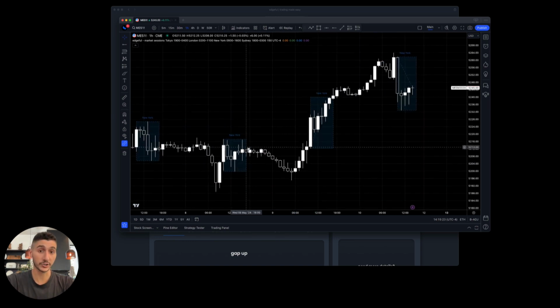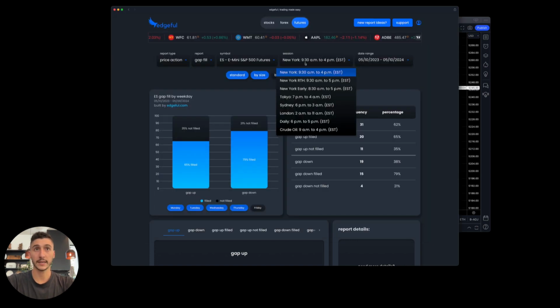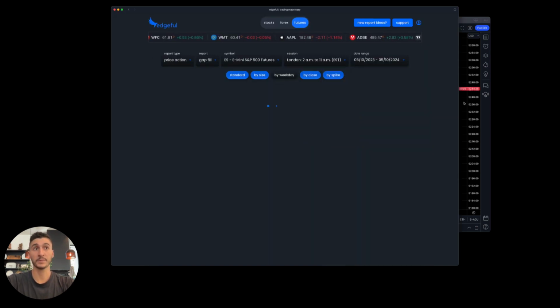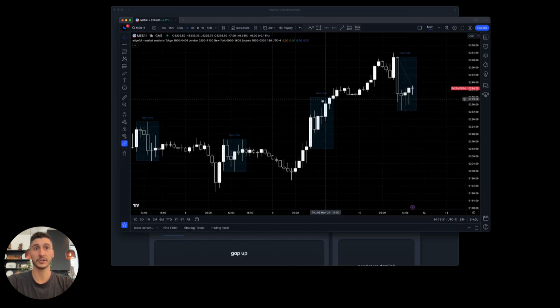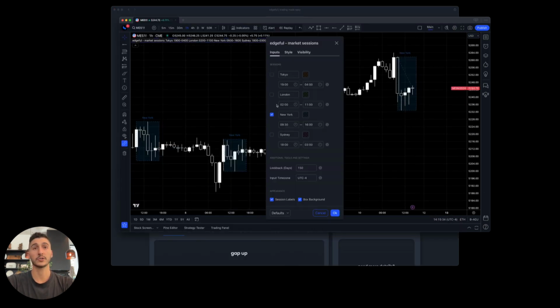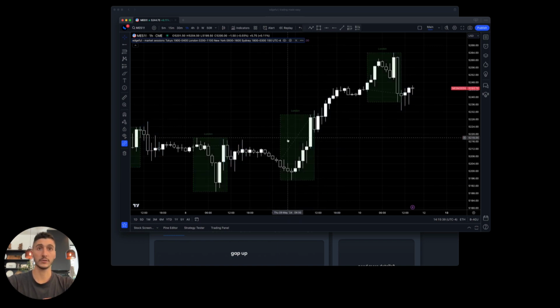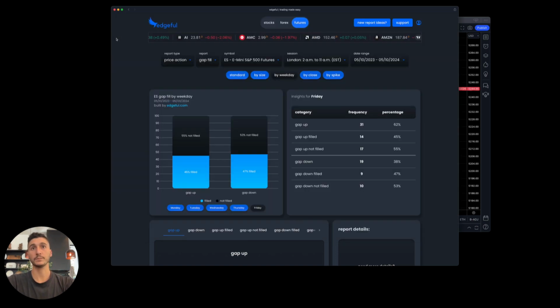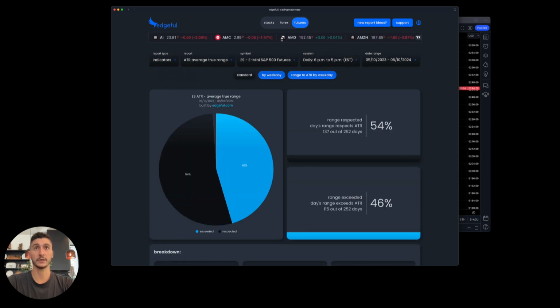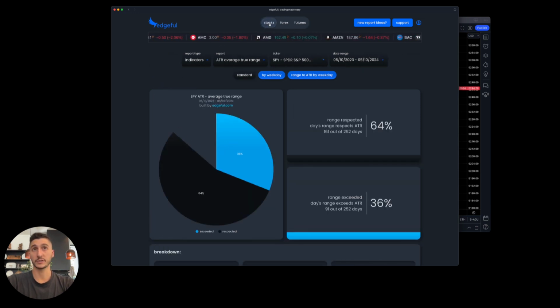So if you trade that New York session, look at the New York session within edgeful. If you trade the London session, then pay attention to that London session within edgeful. In that case, you'd go here, change this to London, uncheck New York. Now this automatically adjusted to only cover the London sessions. Very, very important, and that applies to futures and forex. Whether you trade either one, it doesn't matter. It doesn't really apply to stocks, obviously, or options traders, because we only trade regular trading hours, 9:30 to 4. So I'm just going to switch back here to the indicators section, and I'm going to switch to stocks,